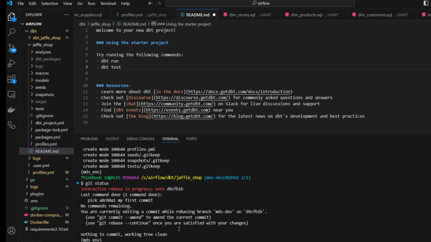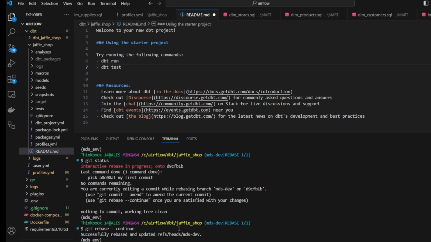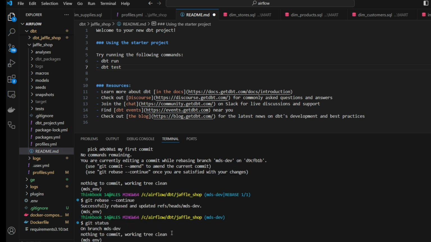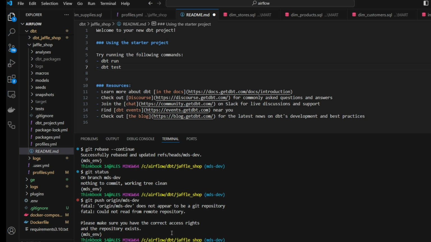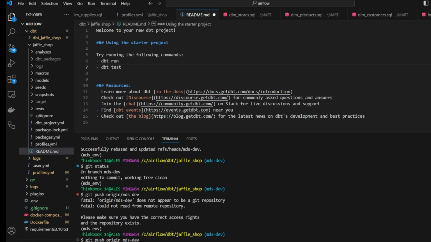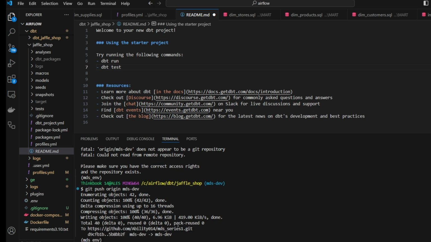So let's do git rebase continue now, since we have resolved our conflict. All right. So I guess you can simply push to origin. Okay. So since we have that resolved, let's check our